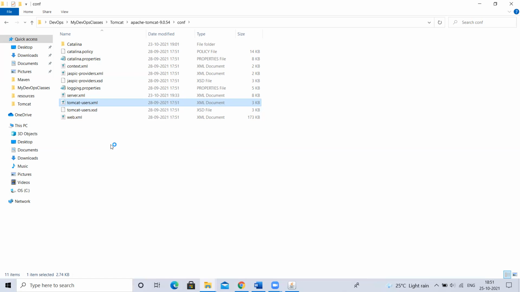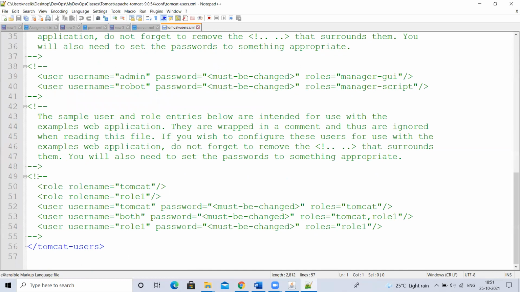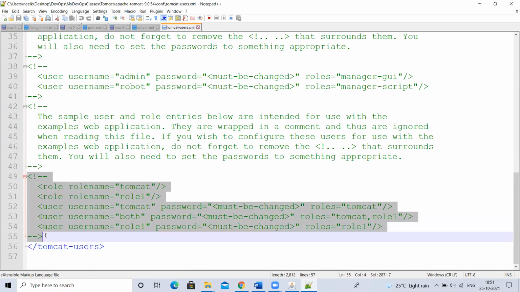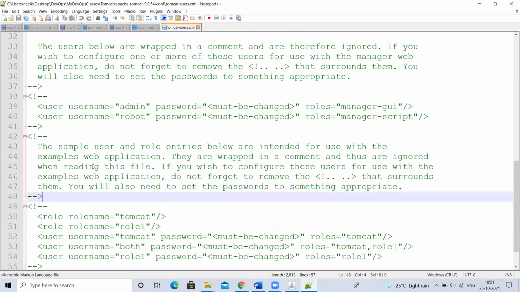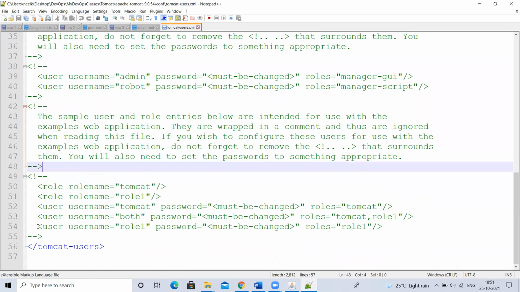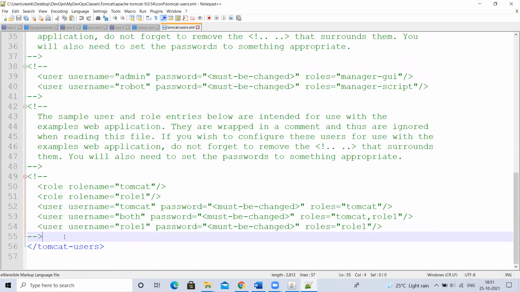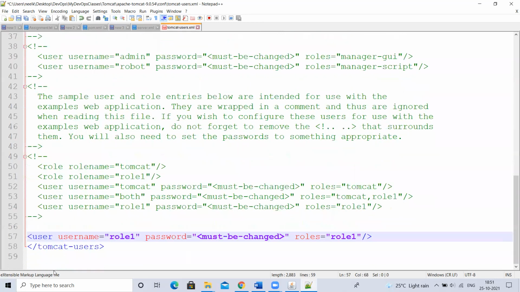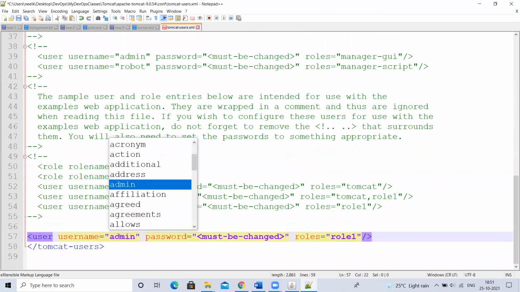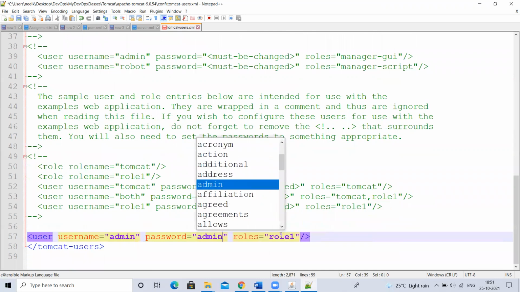Here you can create your own user and set a password for that user, right? So how to set this? Is this a commented one or uncommented one? Commented. This is a commented one, right? They have given some examples here. So what I want to do is, take one user, just paste it, and give the username here. For example, I'm giving admin, and the password is admin, for example. You can set any user.